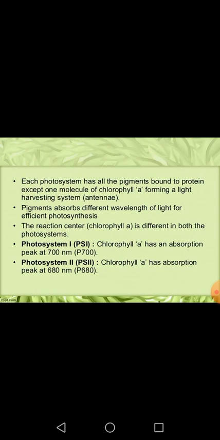Now each photosystem has all the pigments bounded to the protein except one molecule of the chlorophyll a forming a light harvesting system antenna. तो इस तरह से आपने देखा कि एक लाइट हार्वेस्टिंग सिस्टम में कई सारे आपके जो पिगमेंट्स हैं वो प्रोटीन की हेल्प से बाउंडेड हैं एक्सेप्ट वन मॉलिक्यूल ऑफ पिगमेंट। कई सारे हैं, हंड्रेड्स हैं जो बाउंडेड हैं, बट एक बाउंडेड नहीं है। जो बाउंडेड नहीं है वो क्लोरोफिल ए है और ये आपका एंटीनी या आपका लाइट हार्वेस्टिंग रिएक्शन सेंटर बनाता है एक्चुअली। नाउ दीज पिगमेंट्स आर एब्जॉर्विंग डिफरेंट वेवलेंथ ऑफ लाइट फॉर द एफिशिएंट फोटोसिंथेसिस।